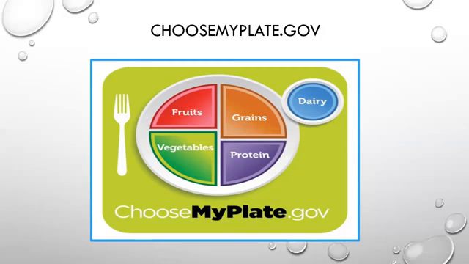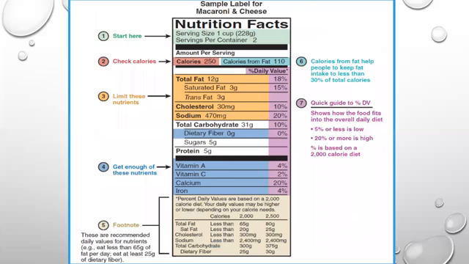With the nutrition facts food label, which you'll see on the next slide, you can see this in your book in figure 28-2. Everyone has looked at a food label before, right? The nutrition facts panel contains important information about serving size, number of servings per package, total calories, different things like that.